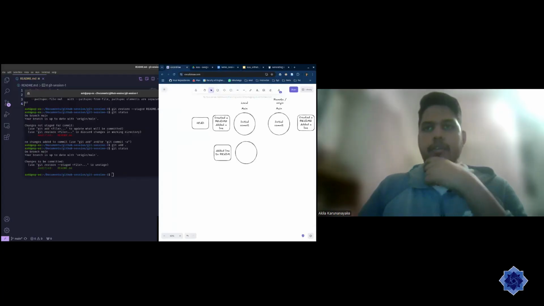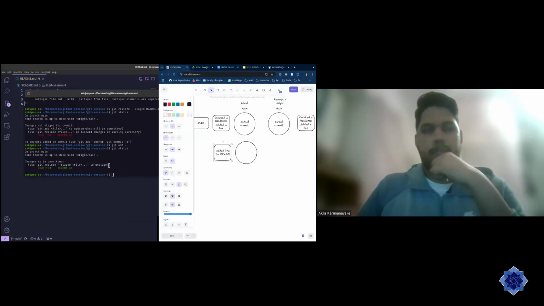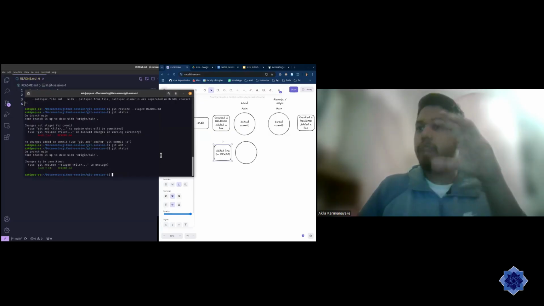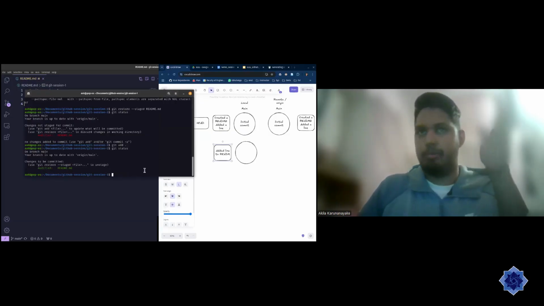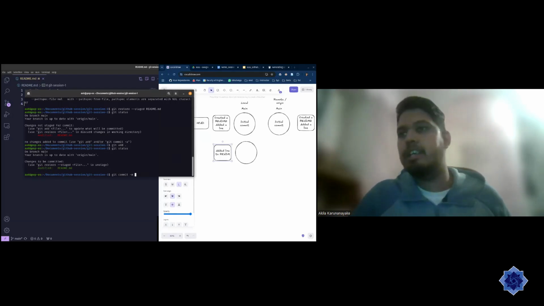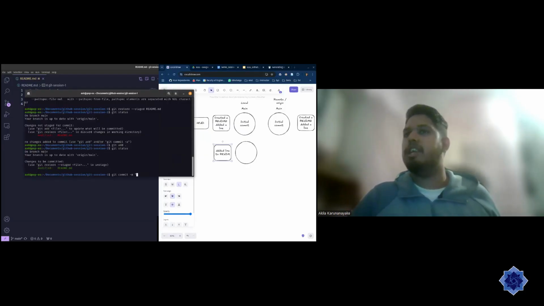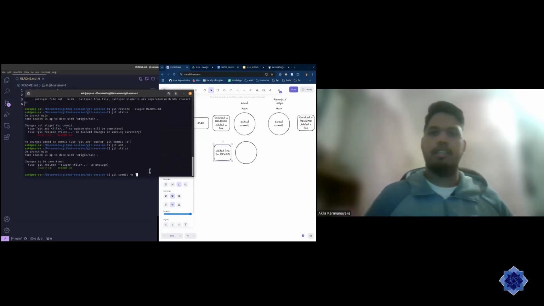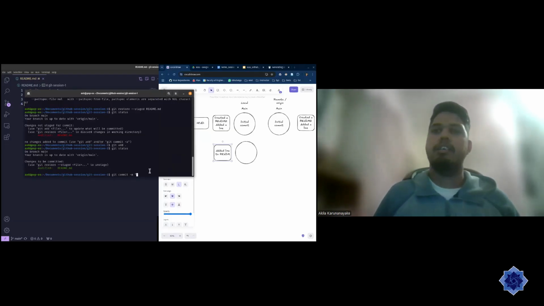Okay, right now we have staged the README file. Next thing is to create a commit, create a save point. Now we can say git commit -m for the message. Earlier, this message was done by default, calling it initial commit. We can add a commit message here, saying, let's say something like